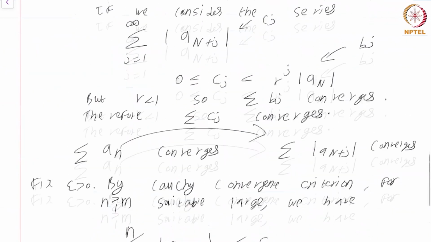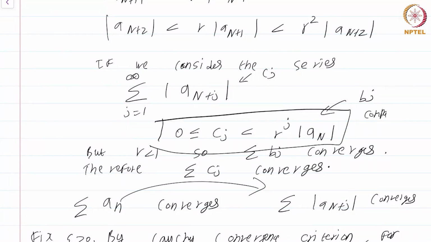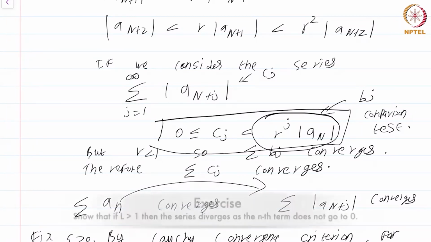So this proof was a bit involved, but all I have done is apply the comparison test at this particular point. That's the only non-trivial step in this whole proof. The rest of that is all just simple basic manipulation. To apply the comparison test, I have compared a different series, not the original series summation aj, but a different series, to the geometric series r^j mod an, which converges. And by the comparison test we know that cj converges, and from this series summation cj converging, we have concluded that the series summation an converges.